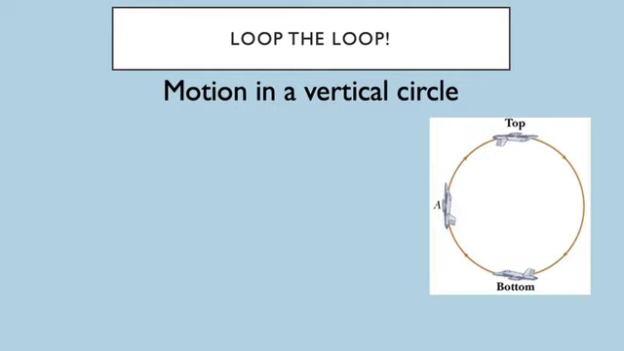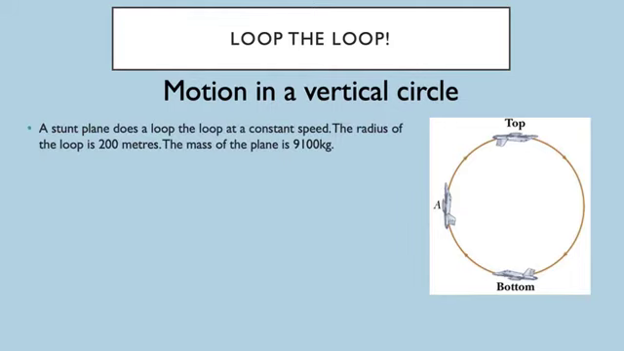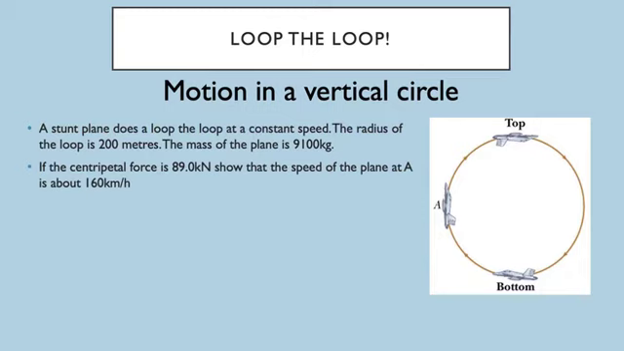So if you have a look at an example, you might have an aeroplane doing a loop-the-loop. So you've got three different places here. So we'll have a look at a very specific situation here. A stunt plane does the loop at a constant speed. The radius of the loop is 200 meters and the mass of the plane is 9,100 kilograms. If the centripetal force is 89.0 kilonewtons, show that the speed of the plane at A is about 160 kilometers